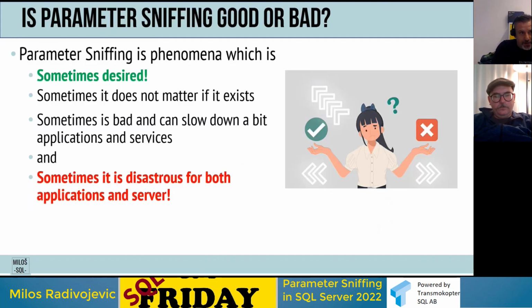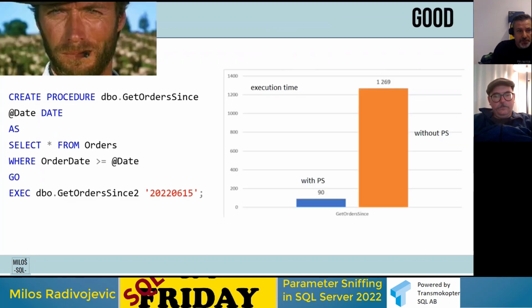The good, bad, and ugly with parameter sniffing. You can find a lot of sessions saying parameter sniffing is a problem. It's not always the problem. This is a behavior or phenomenon, and sometimes it is desired. Sometimes it doesn't matter whether it exists or not. Sometimes it's bad and can slow down application services a bit, but not significantly, and sometimes it can be really catastrophic both for applications and for the server. This is just one example. We will switch to